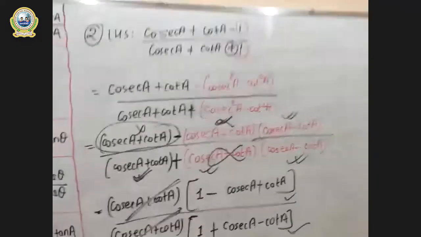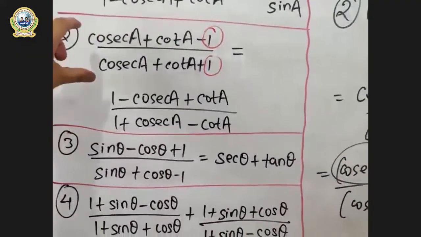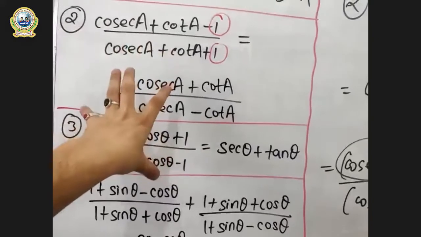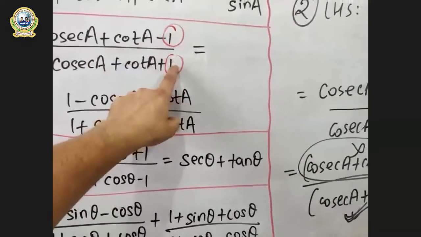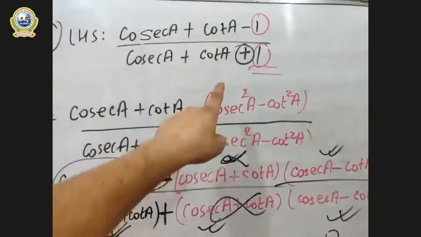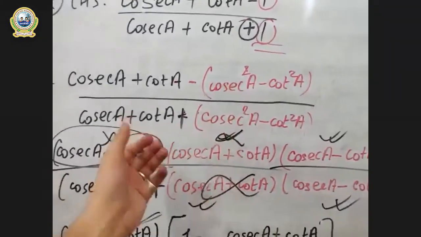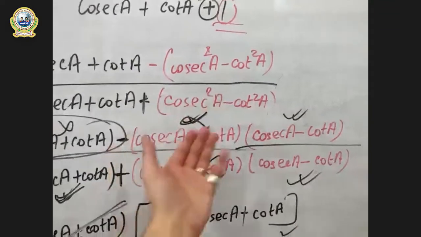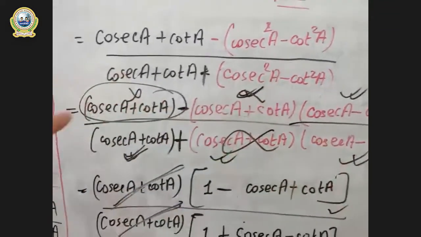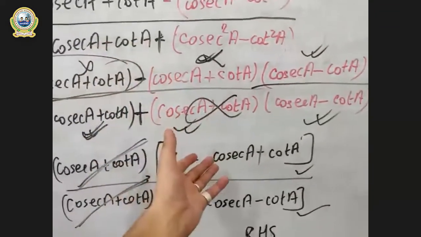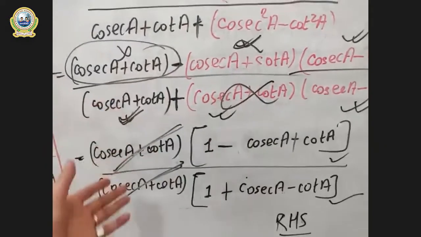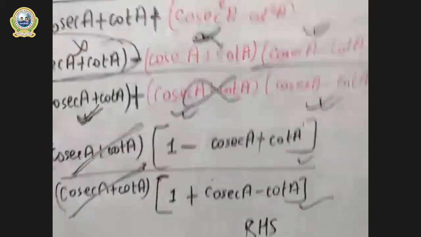Should I explain? Look here. In this type of question, we have a complex right hand side, so we have to convert both of them. Like here, we converted this one into a formula and this one into a formula, right? We used a square minus b square as (a plus b)(a minus b). And we just took common, opened the bracket with minus, and cancelled the common part, right? And this is our answer. This is a very simple question.